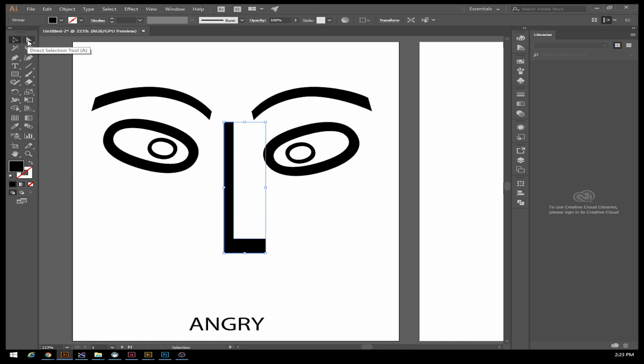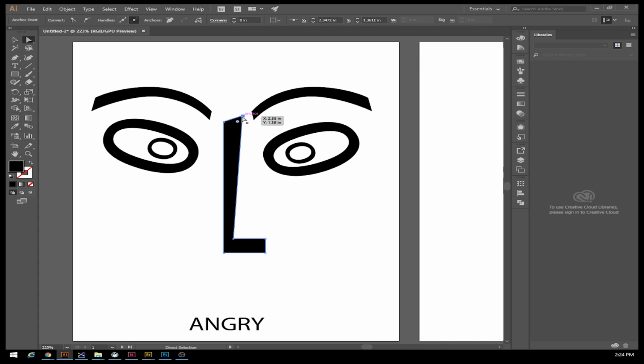When I use the Direct Selection tool, I can now move these points. Now the problem is there's not a point in the middle here where I would like to put a little bit of a bend or a kink into this L. So one little trick, whenever you're working with paths in Illustrator, if I select this corner point, I can move this around, I can do whatever with it, but I can also, if I hold the Alt key on my keyboard, it will actually let me